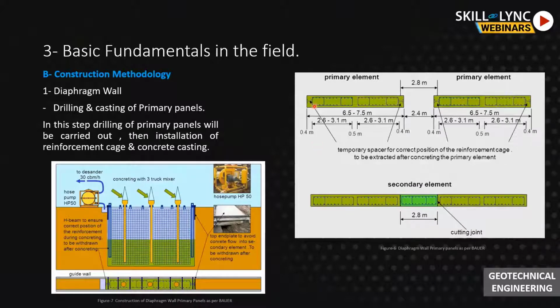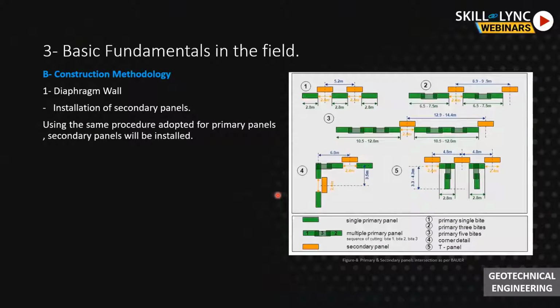Installation of primary panels will be first by drilling the panel, removing the soil from this panel, and then installing the steel cage like this photo, and then casting the concrete by tremie pipes. After this, we can install the secondary panels with the same method, but here we have intersection between the green